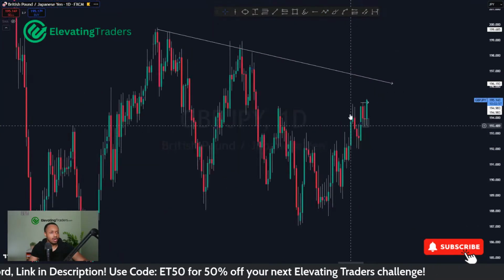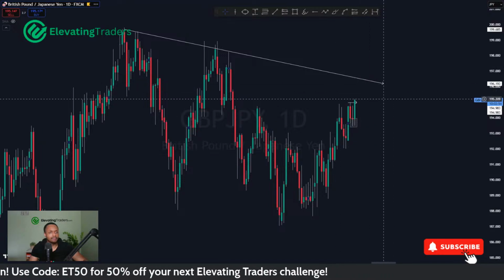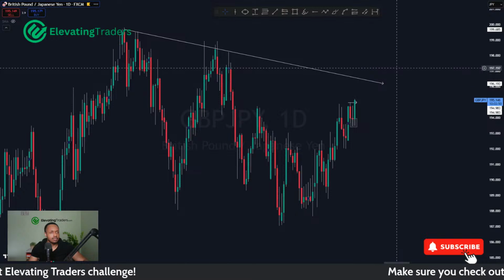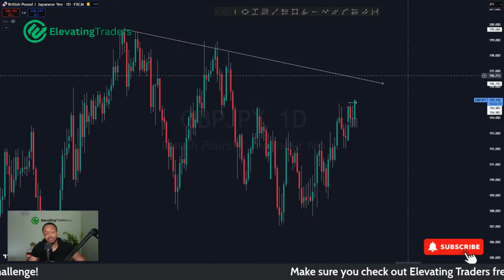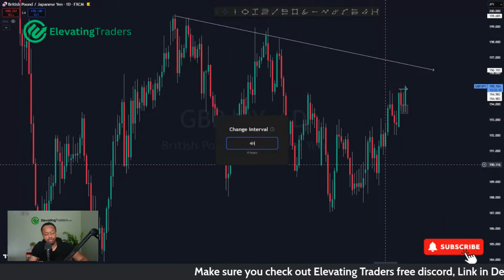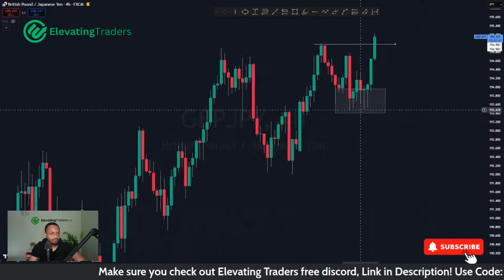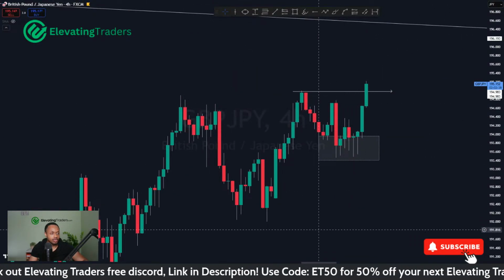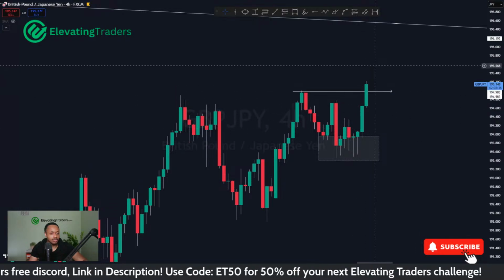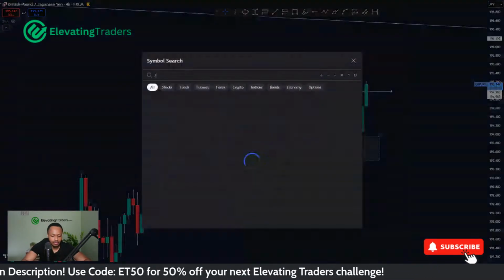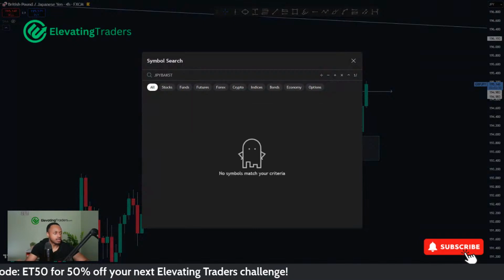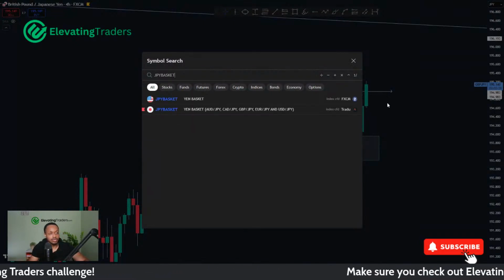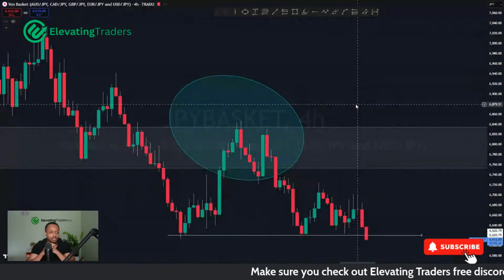So because of that as well, I do think we're likely to start to struggle around probably 195.5, 196, maybe even 197 before we do see a pretty big sell. But yeah, it's looking pretty bullish on the lower time frames. We really did find support there, and that last 4-hour candle did close with a lot of momentum. So I do think we're likely just to rip past that high there, especially with the yen basket looking pretty weak as well. If this can keep it up, then it's always going to be difficult for pound yen to go against that.